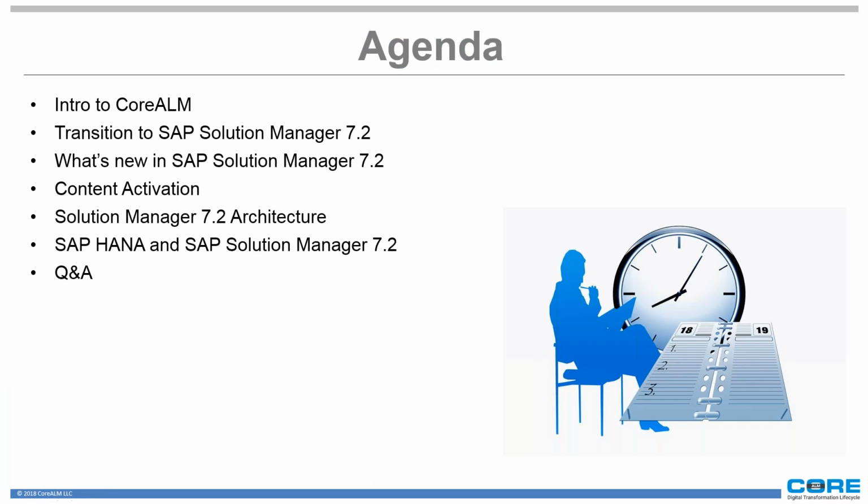All right, so just moving on with the agenda. We're just going to do a quick introduction to Core ALM, who we are, and then we move on to the main topic, which is the transition to SAP Solution Manager 7.2. What's new and what is content activation? You might hear that quite a few times when you're trying to upgrade. And then what's the Solution Manager 7.2 architecture, and finally SAP HANA and Solution Manager 7.2, followed by a